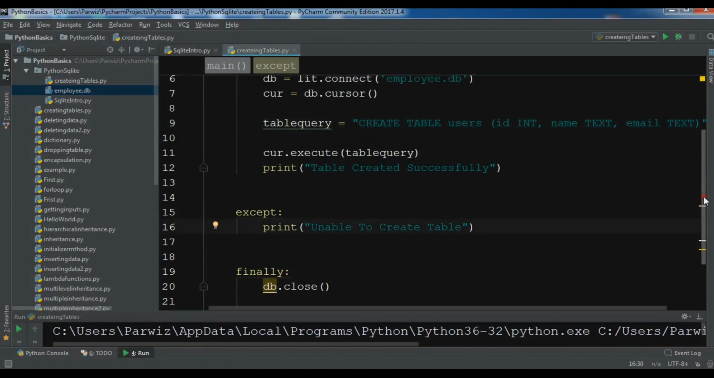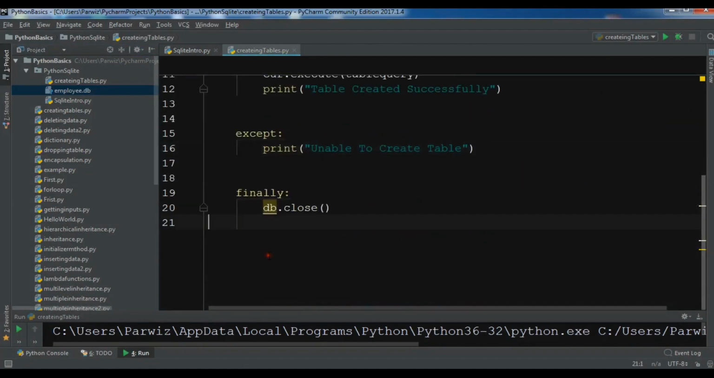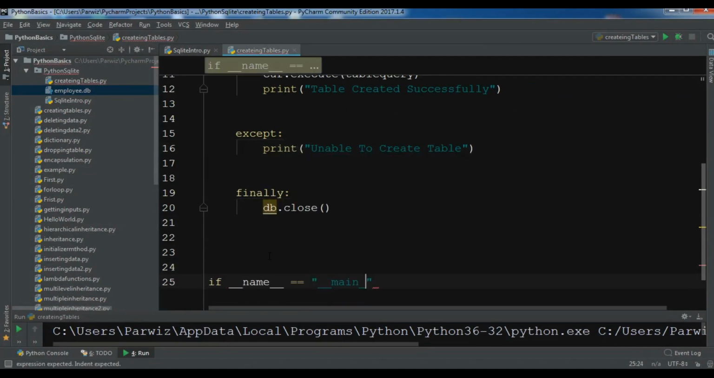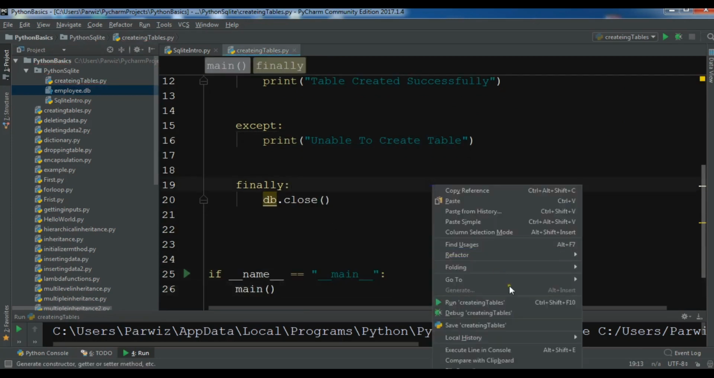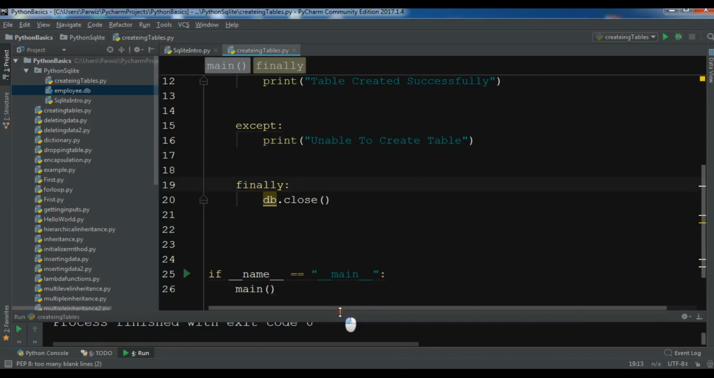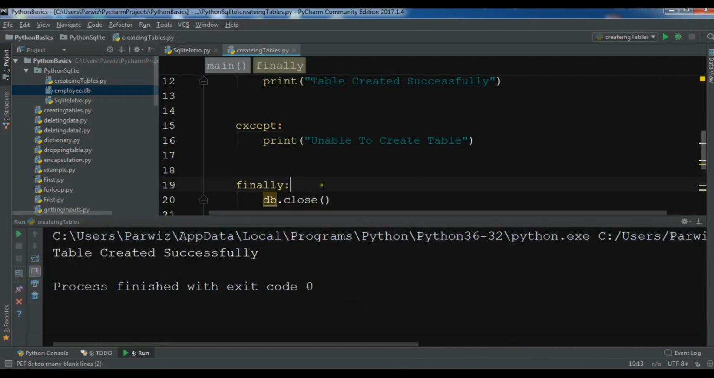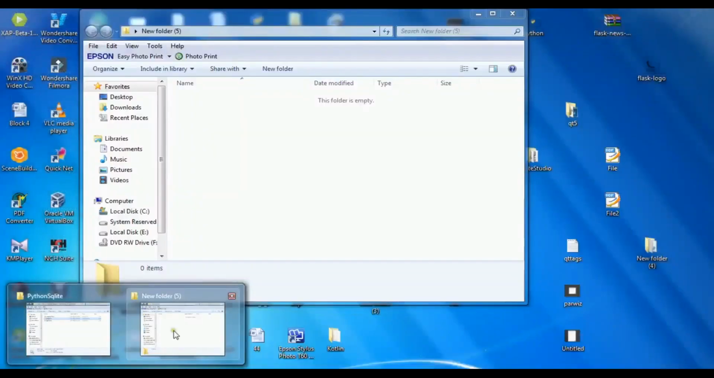So sorry, I forgot to call the main method. So in here I need to call this, and now I'm going to call the main. Now let me run this. So table created successfully, and now if I check, so let me just